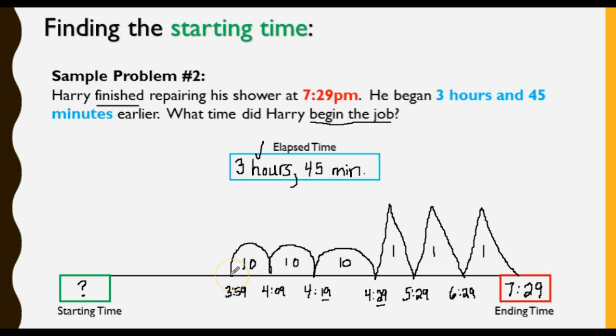And then I'm needing 45 minutes. So far I've subtracted 10, 20, 30, 40. So I was 3:59. Now I'm going to 3:49. Okay, so now I need 5 more minutes because it's 45. So let's go here. 5 more minutes, subtracting 5 minutes off of that, it would be